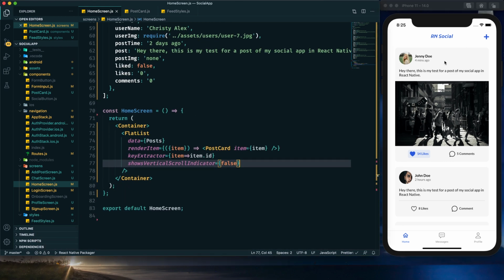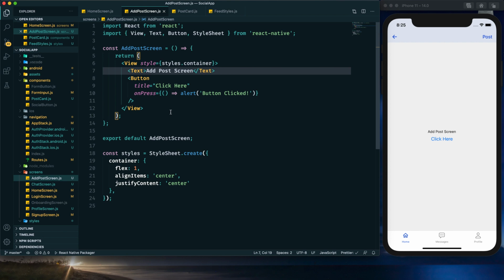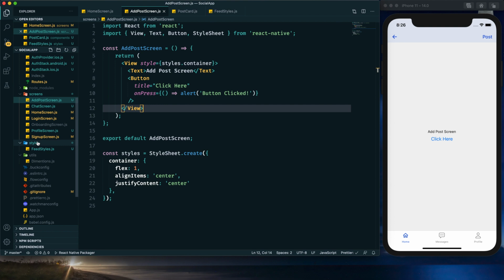And now one more thing has been left, which is this add new post screen. So here within this add post screen, we need to create a few elements. The first element is text input, where we will type our post. Then we will have a float button. So let's first create that input field, and for that also I will use styled components, and within this styles